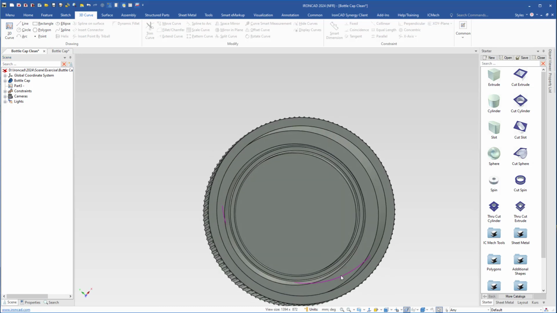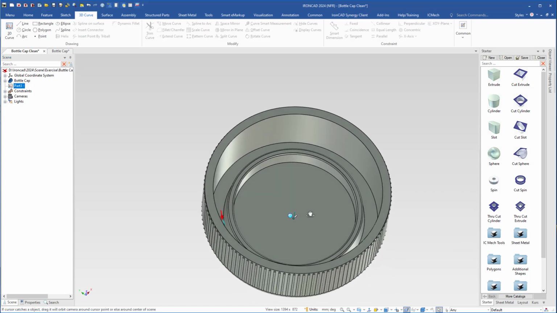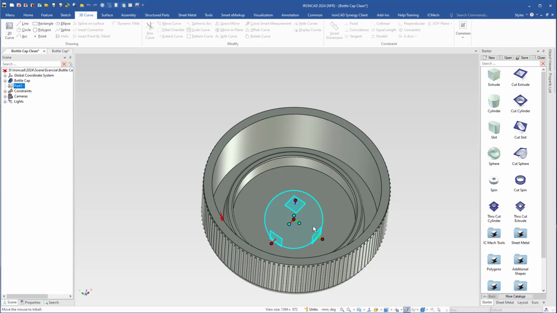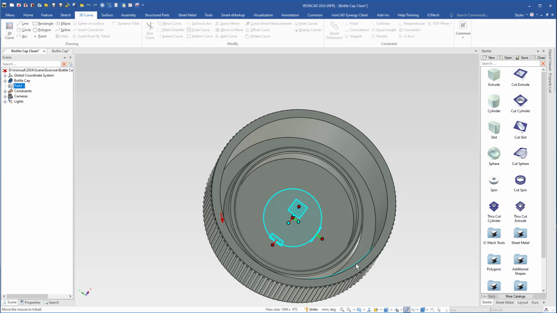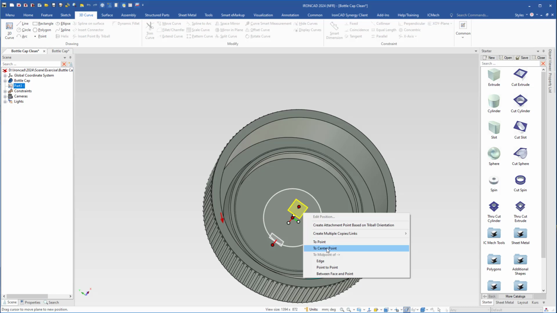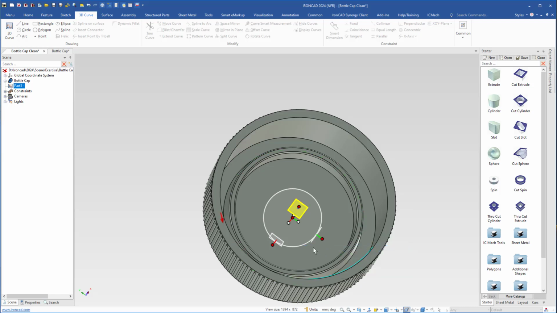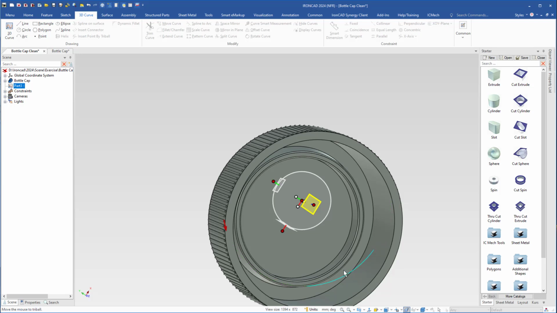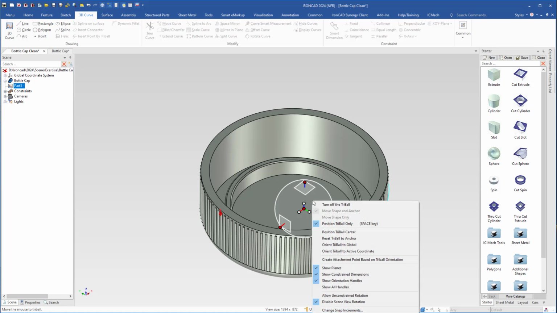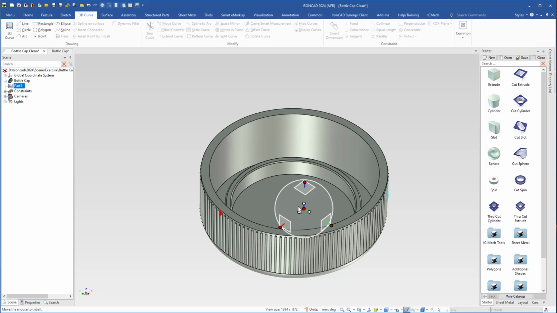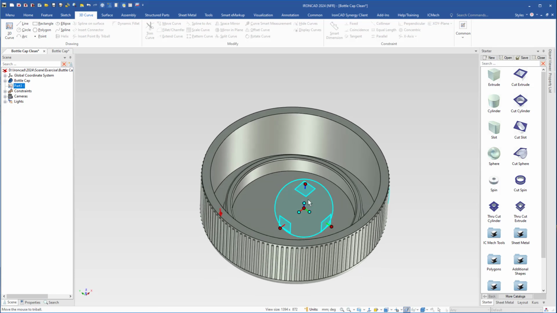So now I select the 3D curve or the helix, turn on the tribal, but I have to move the tribal to the center of the helix here. So I unlock the tribal, right click the square handle to center point of the 3D curve, select it like so. Then I will make sure that the tribal is also oriented to global. So right click and click here. So it will be pointing perpendicular to the bottom of the cap. Then I lock the tribal,